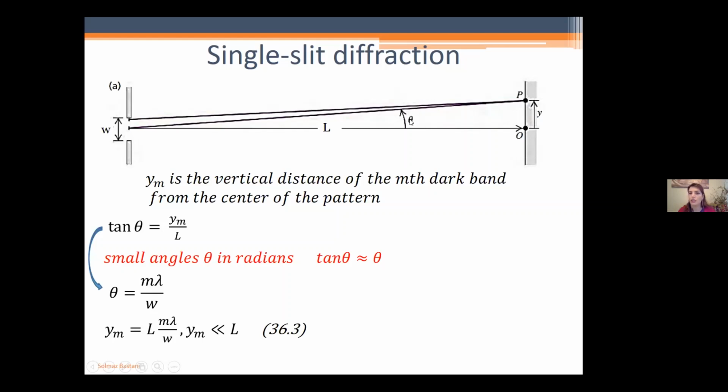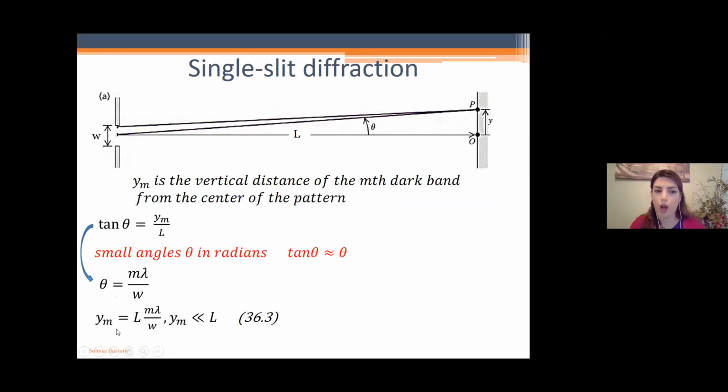So tangent theta equals Y divided by L, right? And for small angles theta, not only is sine theta equal to theta, but tangent theta is also almost equal to theta. So I have now theta equals Y divided by L. From before, I had theta equals M lambda divided by W. I just make these two equal, and I can get a nice equation for Y in terms of M, W,